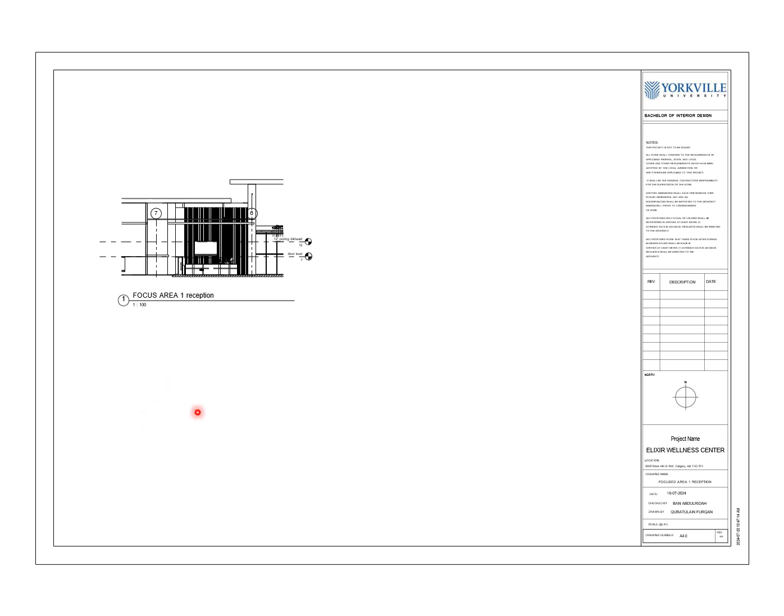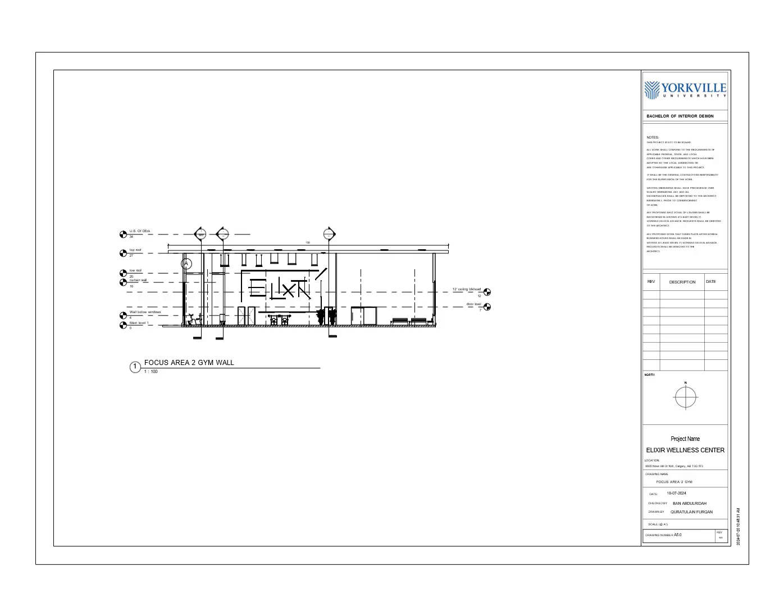Now, three focused areas. In the first assignment we are not actually giving details or key plans for the focused areas. Even the focus area was not required. They are just looking at the title blocks and sheet numbers being properly done. So yes, the sheet numbers and the title block are properly done here. Again, let's move on to the next one, focused area 2, and focus area